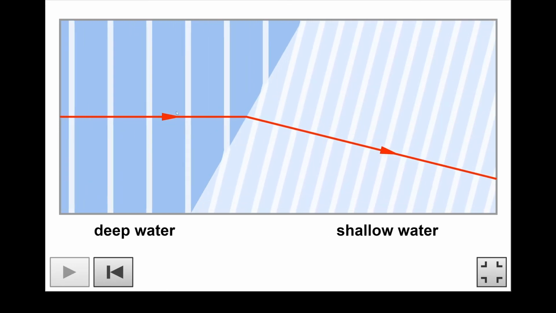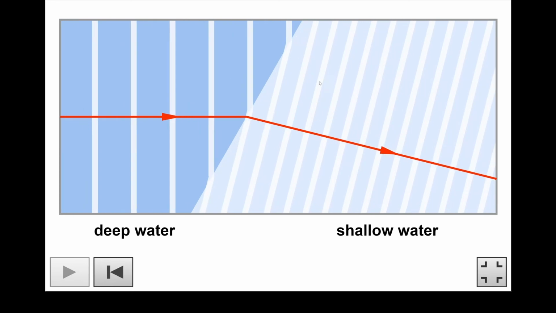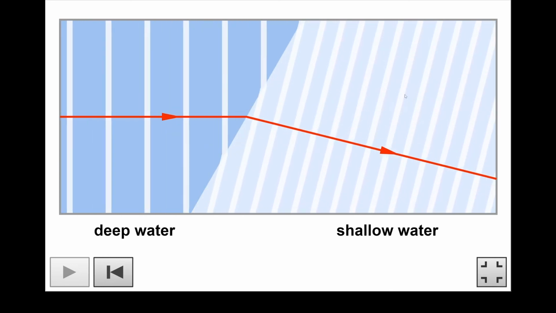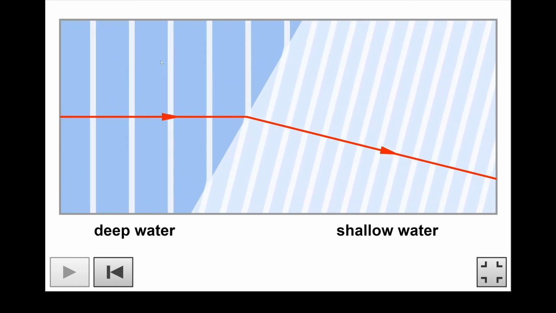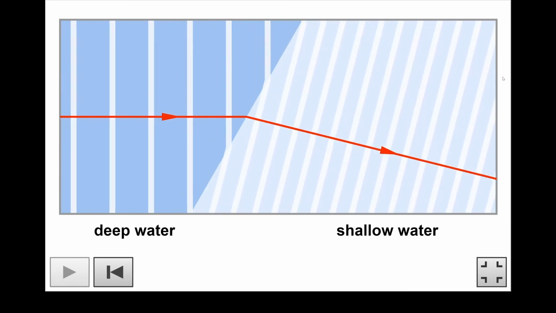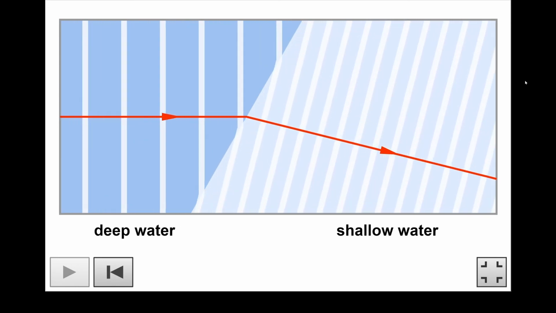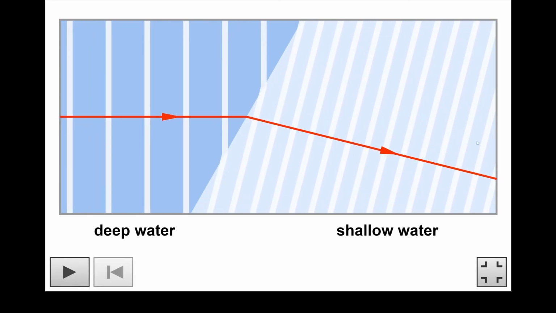So what does this mean? The wave speed is changing, but all the waves are being made at the same rate, so something else must be changing. What is changing is something called the wavelength. If I pause the simulation, you can see that the distance between the bottom of the wave fronts, the bottom part of the wave that I showed you earlier, is farther apart here